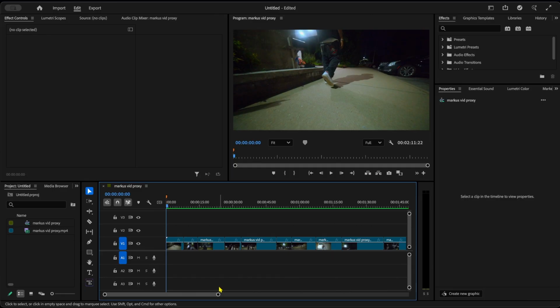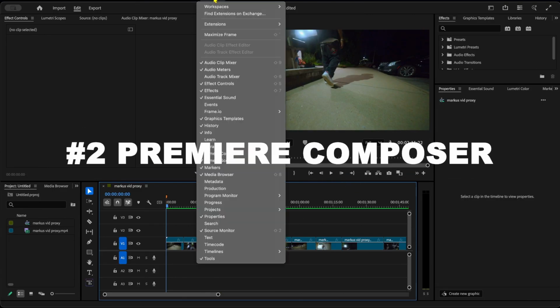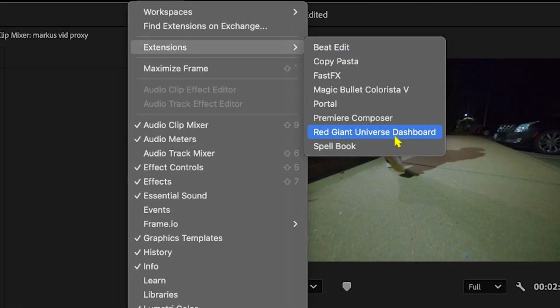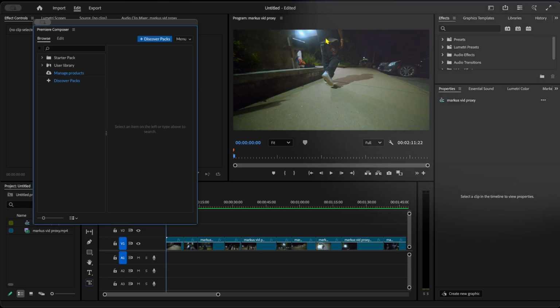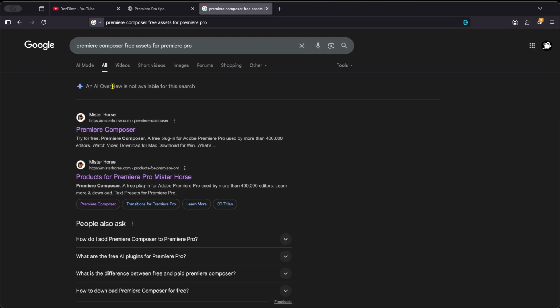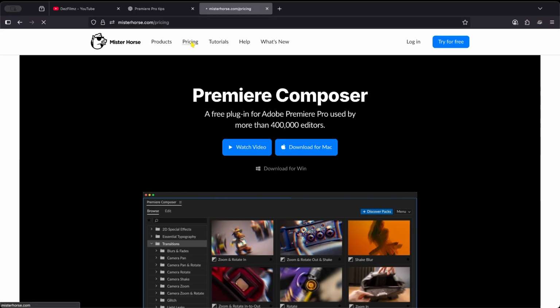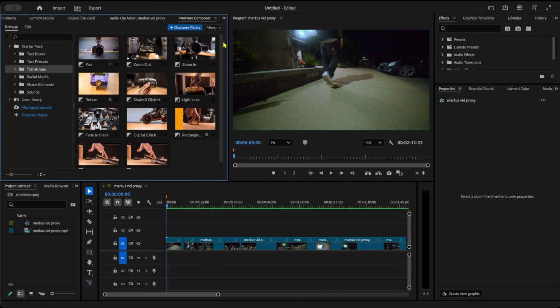Alright, tip number 2, free plugin. It's called Premiere Composer. First what you'll do is go to Window, Extensions, Premiere Composer. If you don't have it, I'll leave a link below. They have a free basic plan that I actually use to this day, and it comes in handy when editing my vlogs. I don't have to go looking around for lower thirds, titles and stuff like that. Everything already comes animated. Text presets, transitions,